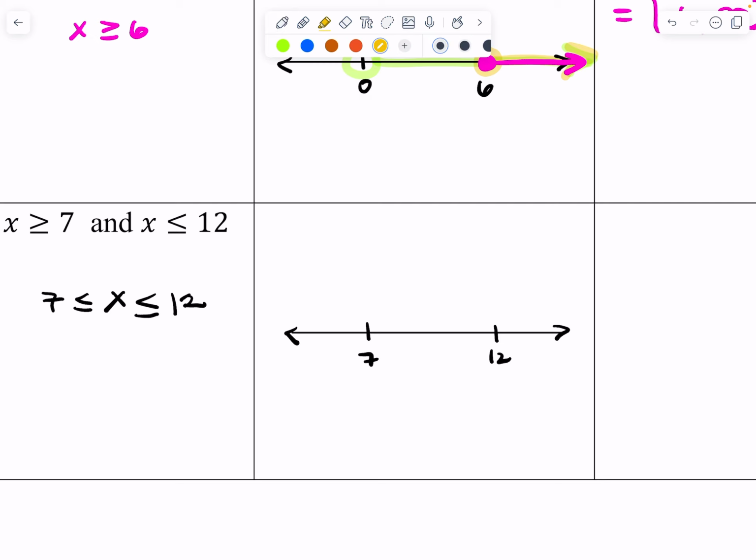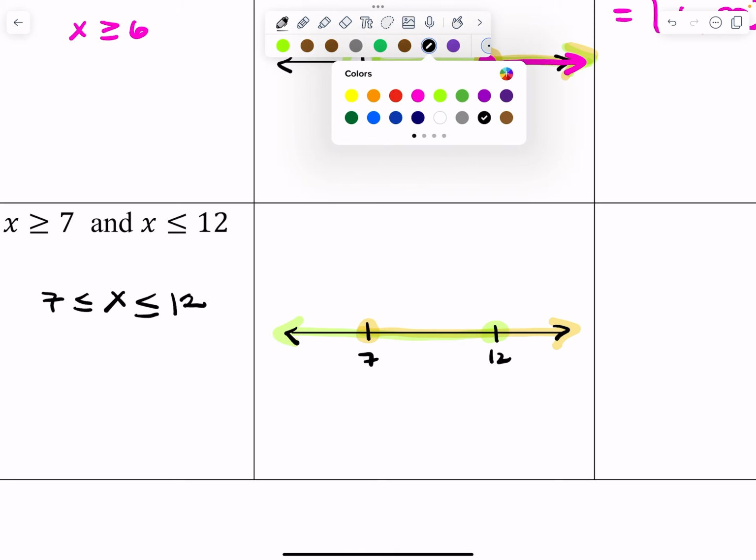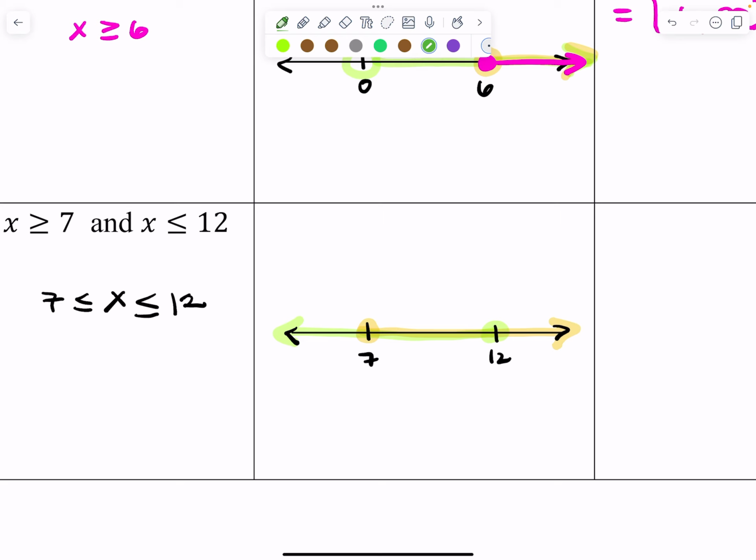Okay, and then thinking about x greater than or equal to 7 and x less than or equal to 12, that intersection of the intervals is between 7 and 12 and including